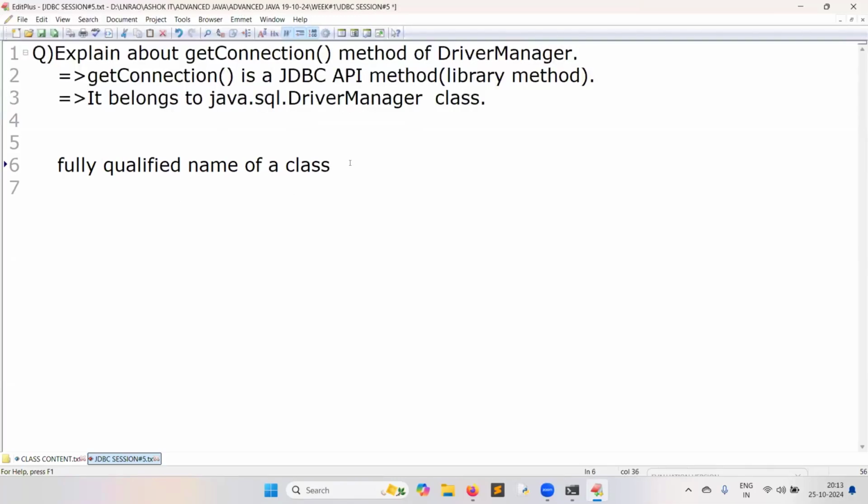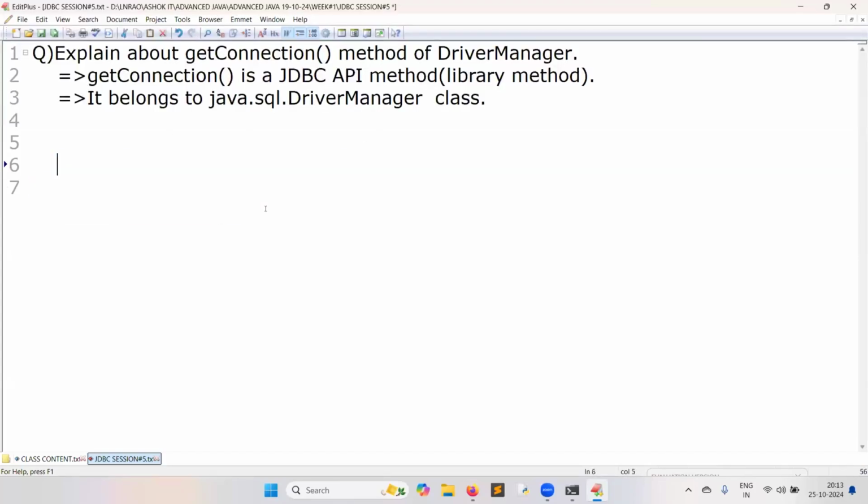Quarter qualified or half qualified will not be there. Unqualified name means without the package name; only mentioning the class name is called the unqualified name of the class. A very good developer should always know which package a class belongs to, and which class a method belongs to.